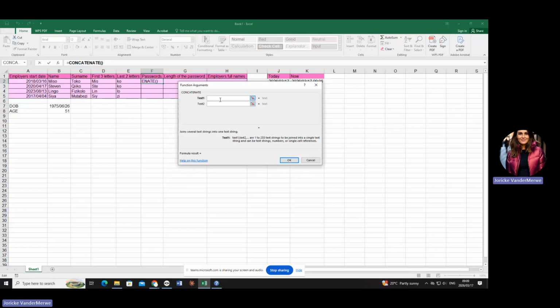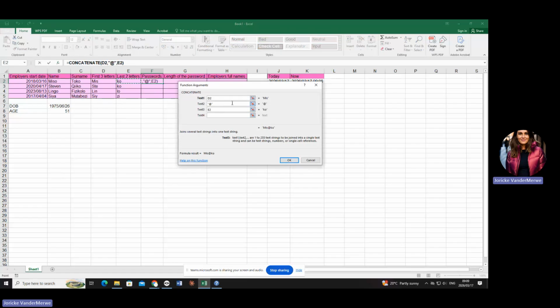What is your first text? It's going to be that one. What needs to be in between the first and the second part? I said an @ sign, but you can also make it a symbol like that. You can make it a question mark. You can make it a hash. You can make it a space. Then you actually have to put a space bar in there. Are you with me? For now, let's make an @.